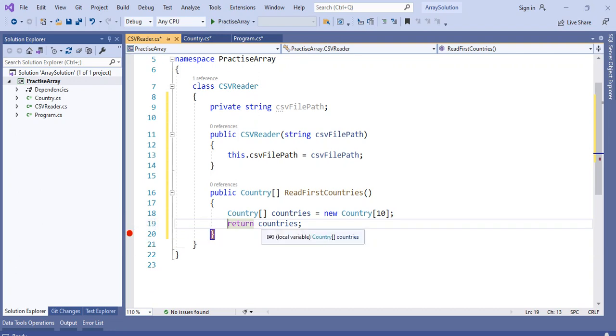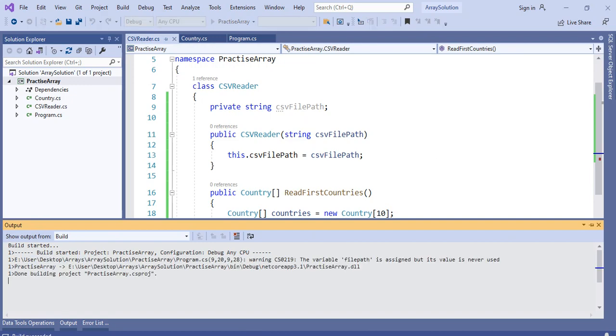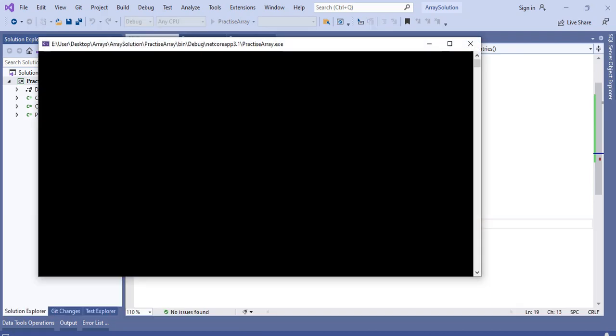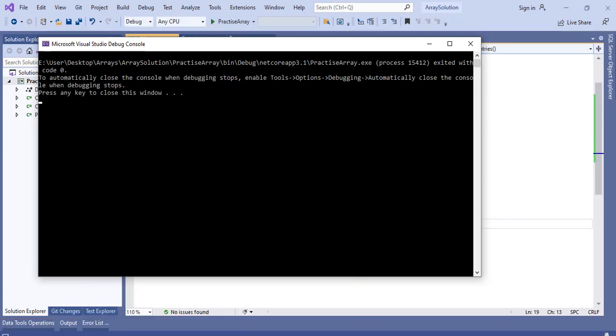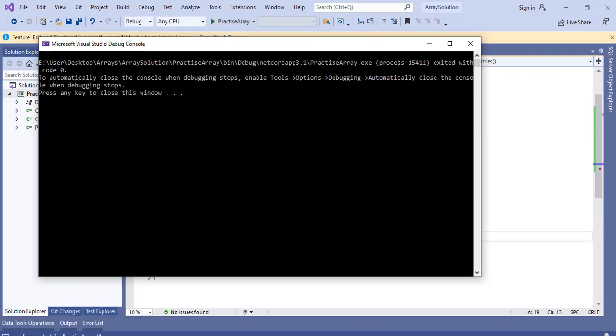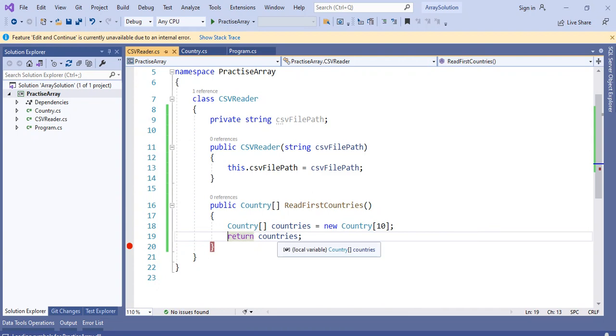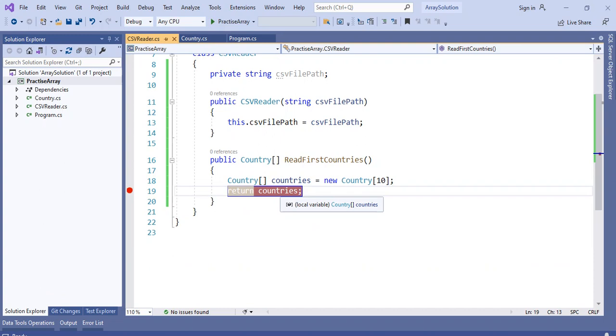Let's see what the output is. You see this is the country. Yeah, you see there are no values, because